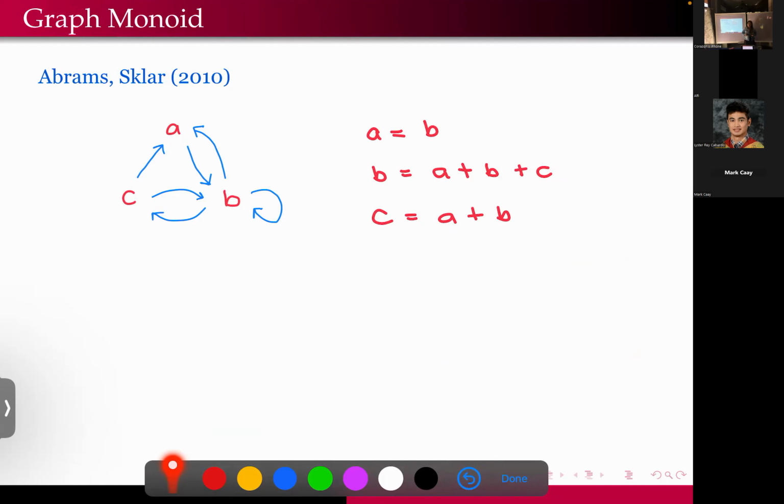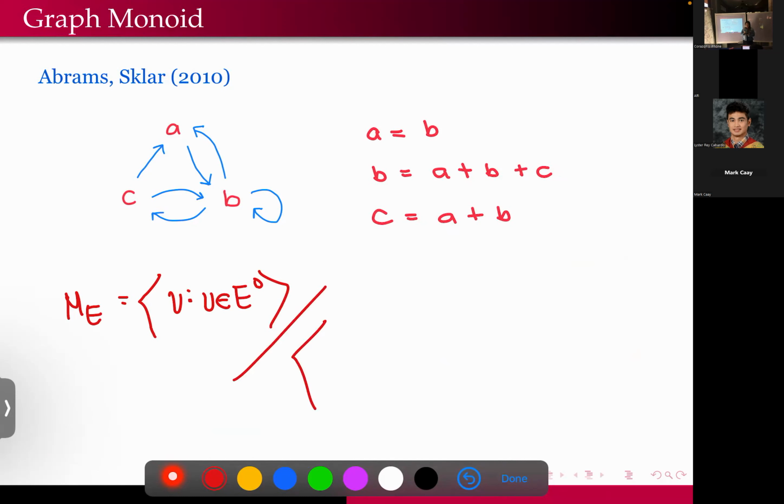You just take all of your vertices. So your graph monoid, I will denote that by M sub E. You just take all of your vertices and generate your monoid, and you subject that to some relations, which would be that V is equal to the sum of all of its ranges, over the edges having source V. Okay, so that is why if we look at this graph here, B is equal to A plus B plus